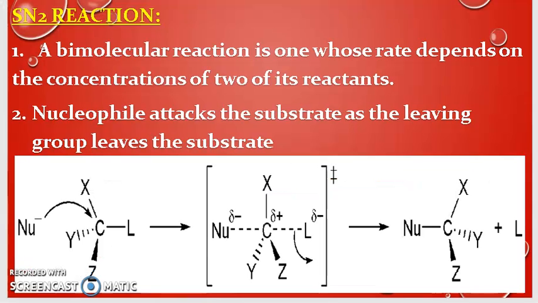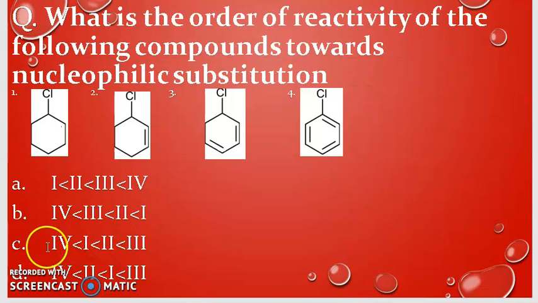So we have to choose which option here. Come to the question now. If you see this option, this is the answer, no? The third option: the fourth compound is less than the first, the first compound is less than the second, the second compound is less than the third. So the third option is the correct answer for this question. Got it? Okay students, I think you have understood the question and answer.